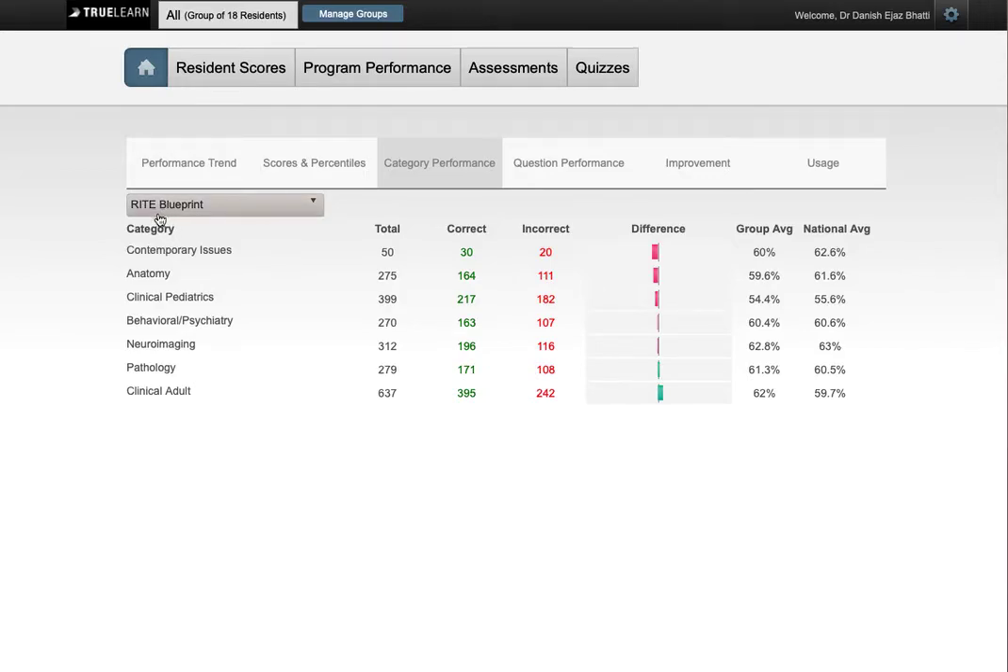So this is the right blueprint, and I can see how many questions have been taken in a particular component, how many were correct and incorrect, and where the group averages are compared to the national averages. And this helpful color-coded graph tells me where we are doing better and where we're doing worse. And I think it's probably lined up so that our worst performers are on the top and our best performers are on the bottom. So in clinical adult, for example, we're scoring much better than the national average, but in contemporary issues, we are about the same amount below the national average,